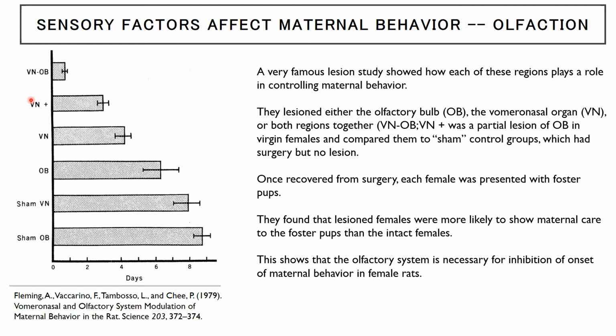When you're doing these kinds of lesions, especially in a rodent brain, everything is really small, and all these things are pretty close to each other. Sometimes you're trying to hit one area, but when you look afterward in the brain to make sure that you hit the right area, sometimes you get that area plus a little bit extra. That's what the VN+ is. So we have the vomeronasal organ lesions, olfactory bulb lesions, both, and then VN+. We also have sham, right? Sham means that these animals were anesthetized, and you put in, say, an electrode to try to burn out the area, but you didn't actually burn out the area.